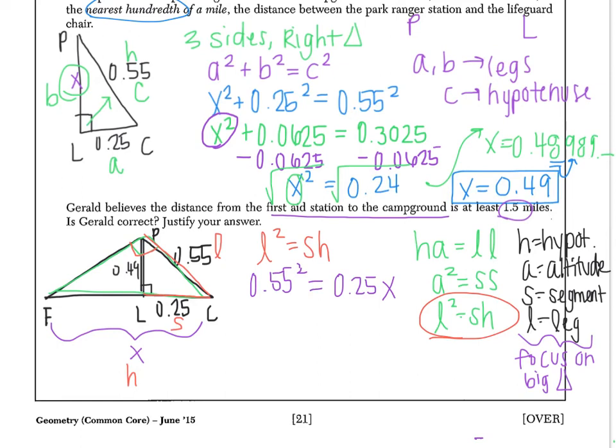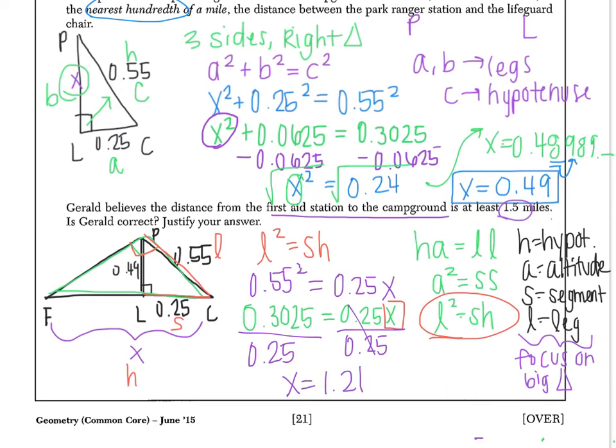So plugging into the calculator, 0.55 squared, as we know from the previous problem, is 0.3025. And again, still equal to 0.25x. Our goal here is to solve for x, so I'm going to divide by 0.25. Whatever you do to one side, don't forget to do to the other. So now x is equal to